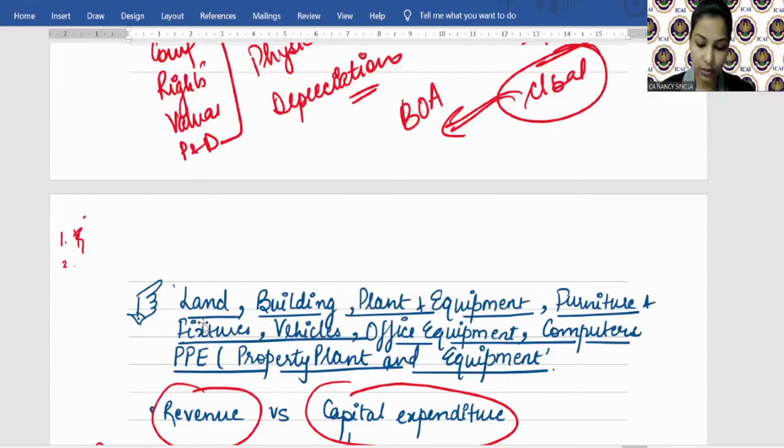ठीक है? So my first question, the acquisition cost of asset, whether it will be capitalized, yes or no. So you just write 1 and whatever is the answer. Acquisition cost of asset. वैसे this is very simple, it will be capitalized. ठीक है? Now with respect to second, additions to the asset that increases the capacity, earning capacity of the asset. So answer is correct. ठीक है? Second, additions, expenditure on additions that increases the earning capacity.